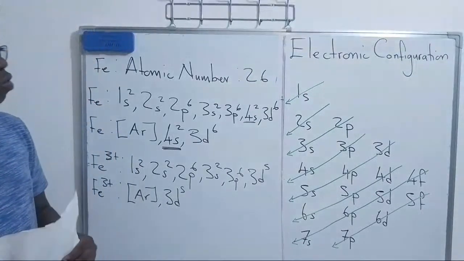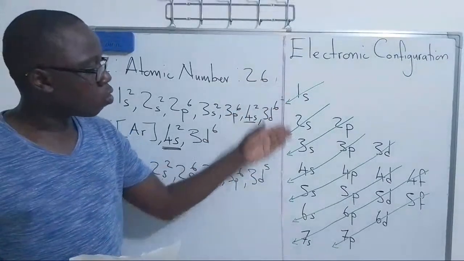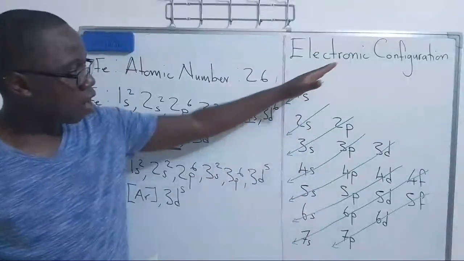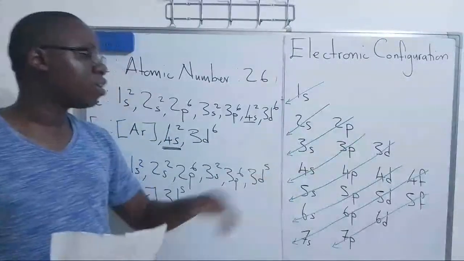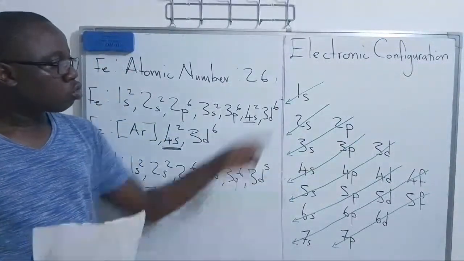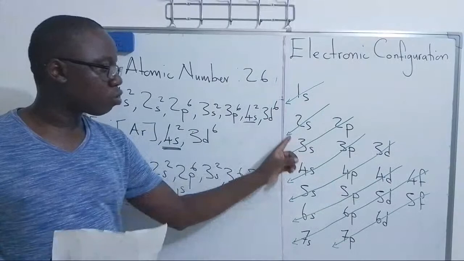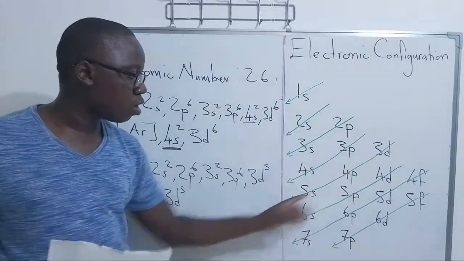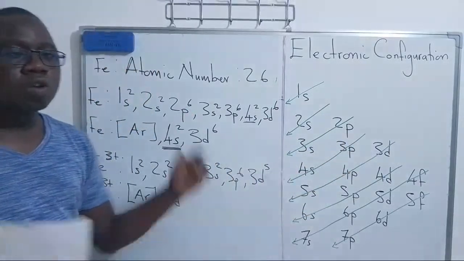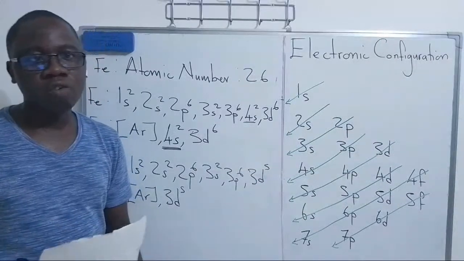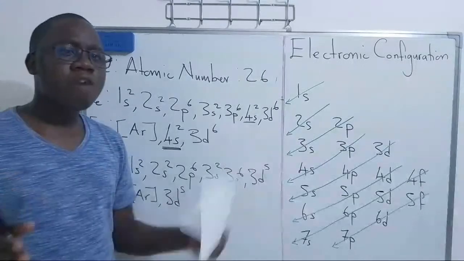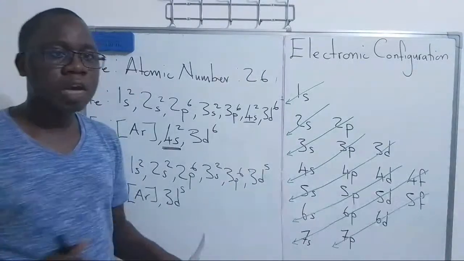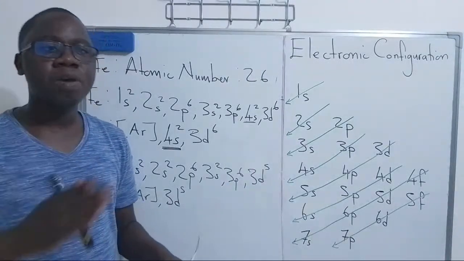After you know that, we are saying you need to remember how the arrows are used when it comes to writing the electronic configuration. So once the arrow ends, you go to the next one. Once it ends, you go to the next one, just like that, as you continue writing the electronic configuration. We have also seen that if the element is not in the transition,